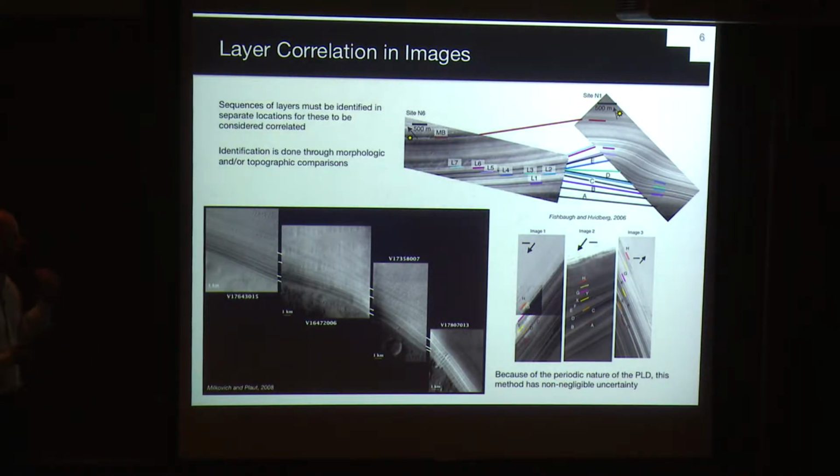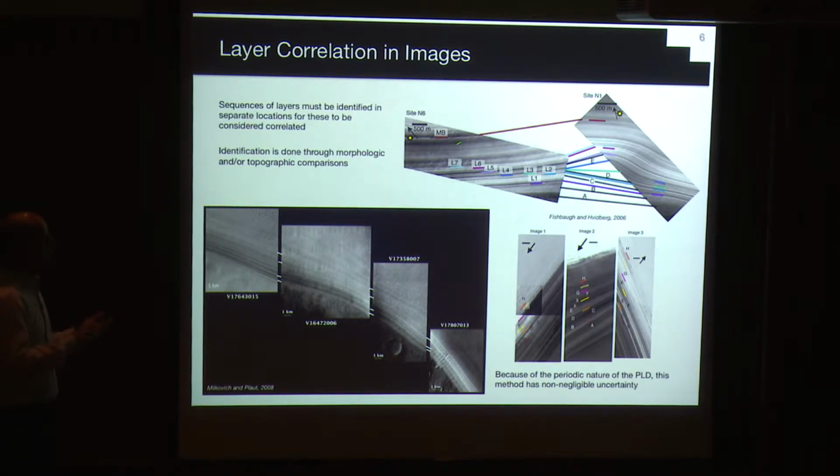Okay, so if we want to get at patterns in the layers and at how they're correlated to the orbital history, we have to look at the stratigraphic column in a little bit more detail. And so, intuitively, the first thing we want to do is try to correlate different sequences of layers. So in order to do this, we look at images throughout the cap, and we try to correlate, like I said, sequences of layers.